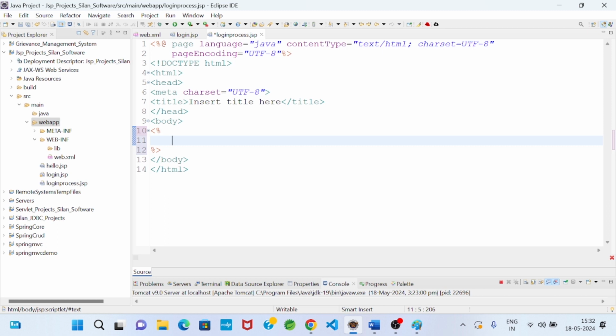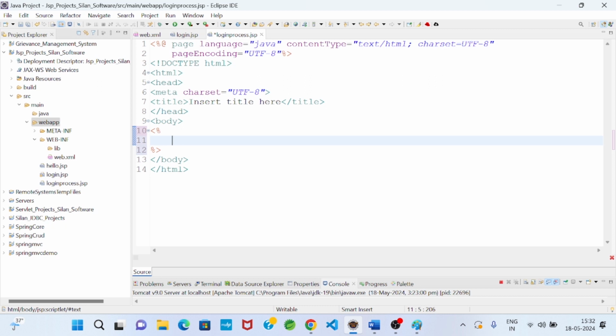Okay. So the logic part we have known in servlet, everything is same. But when business logic I will write, I will write within a scriptlet tag.